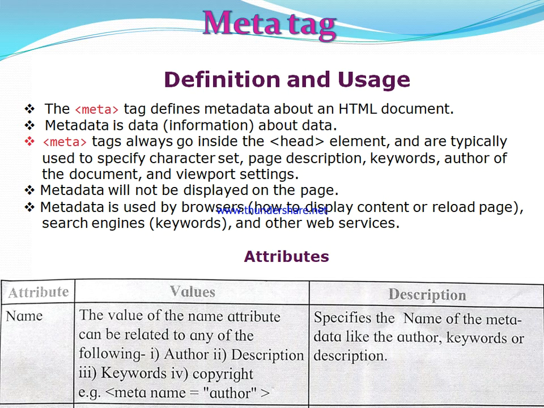That means it may be author, it may be a description, it may be keywords, that is some important words, or it may be the detailed information about the copyright owner. What is the meaning of this? The name attribute specifies the name of the metadata like the author, keywords, or descriptions. So the next attribute is